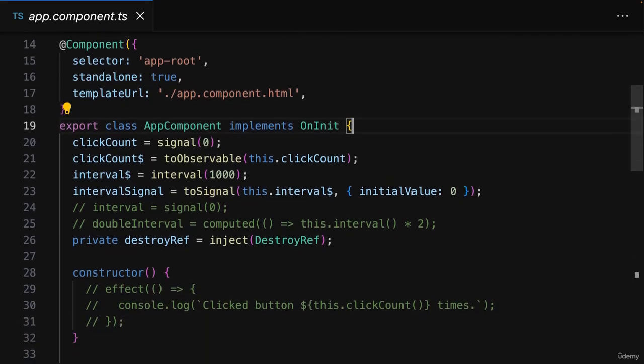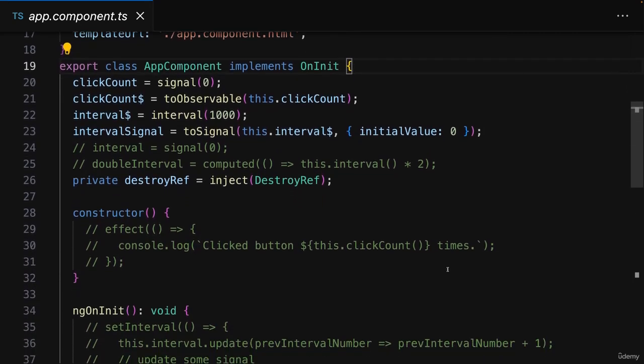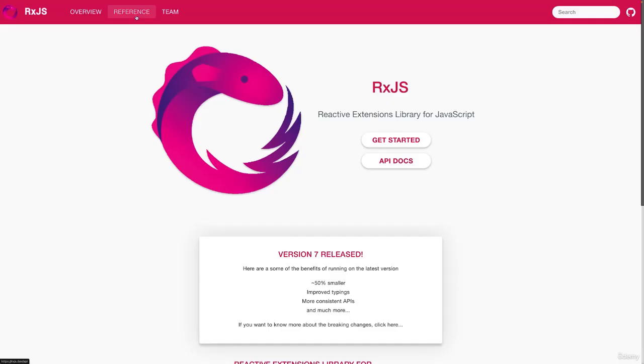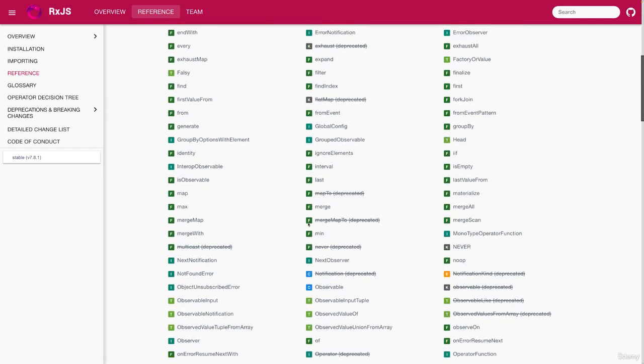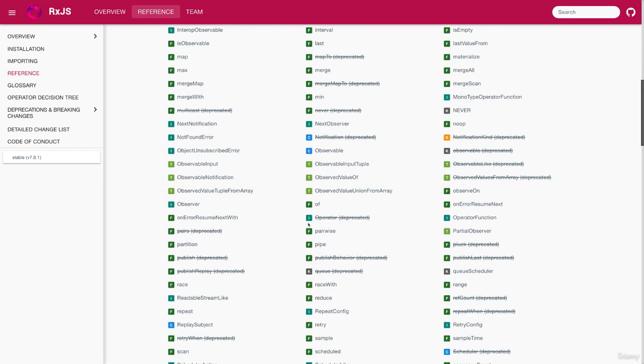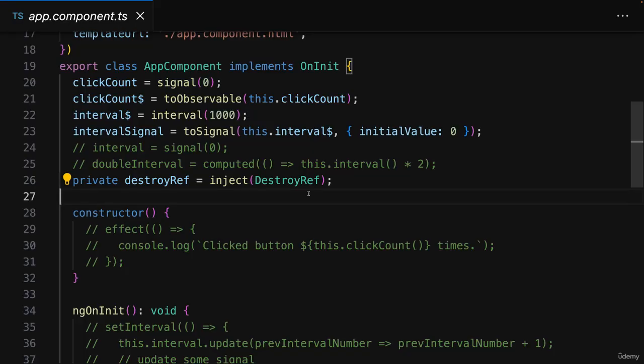Now, in this section, you learned quite a bit about RxJS and observables. And of course, you can explore the official documentation to dive even deeper and to explore all these different operators RxJS offers to you. But to conclude this section and to give you at least some idea of what's happening behind the scenes when an observable is created and when a subscription is set up, we'll conclude this section by